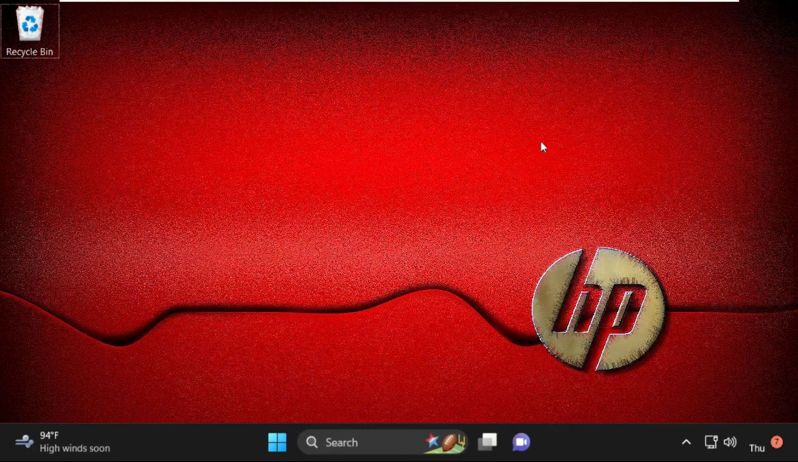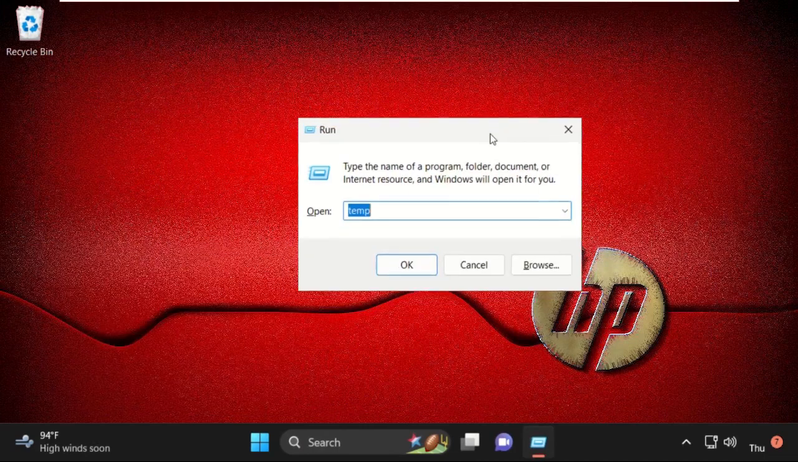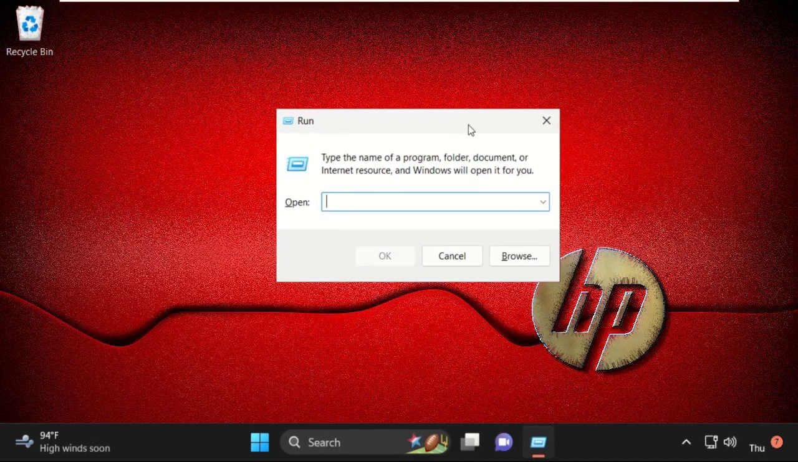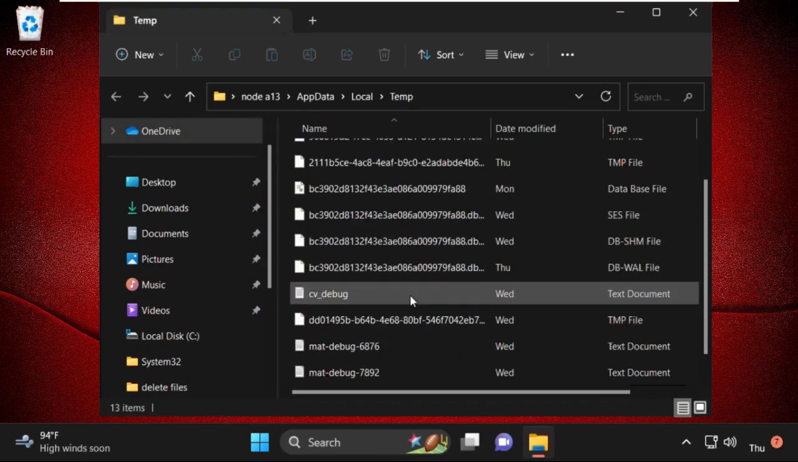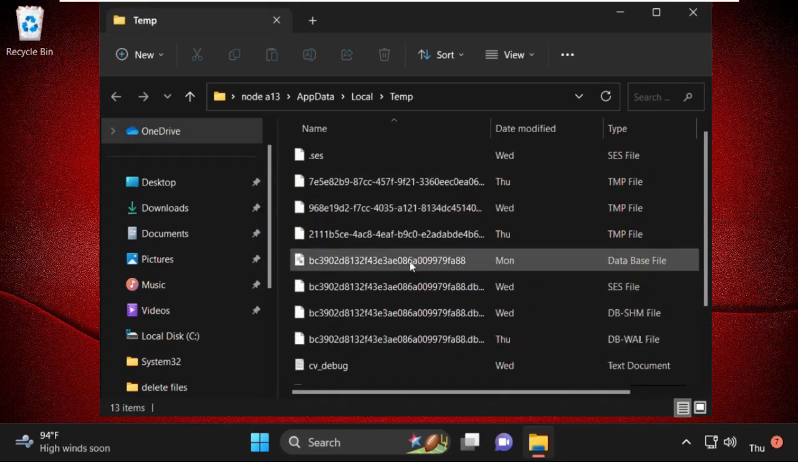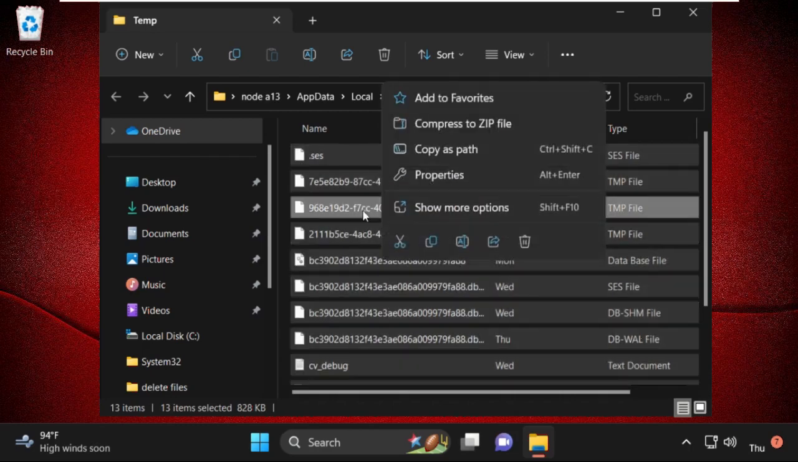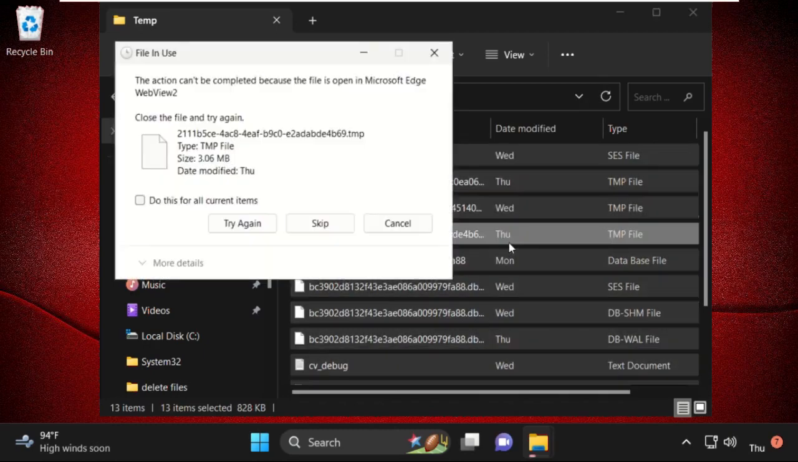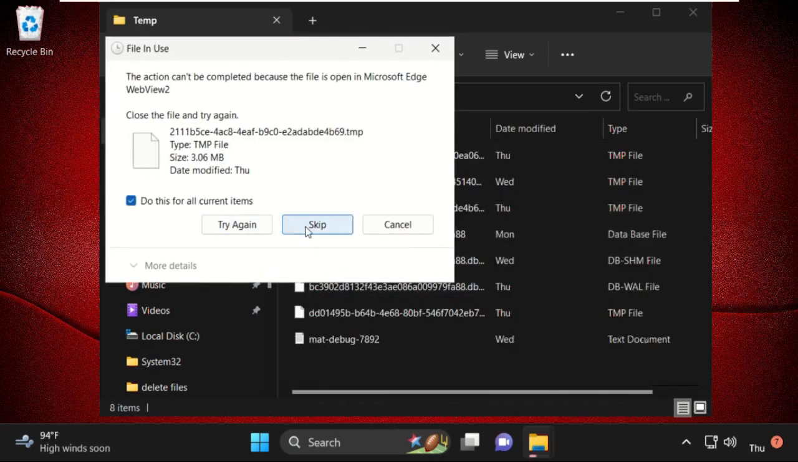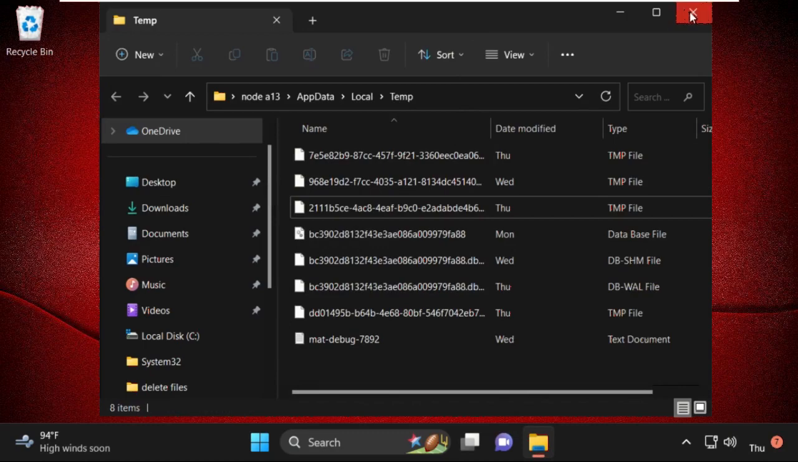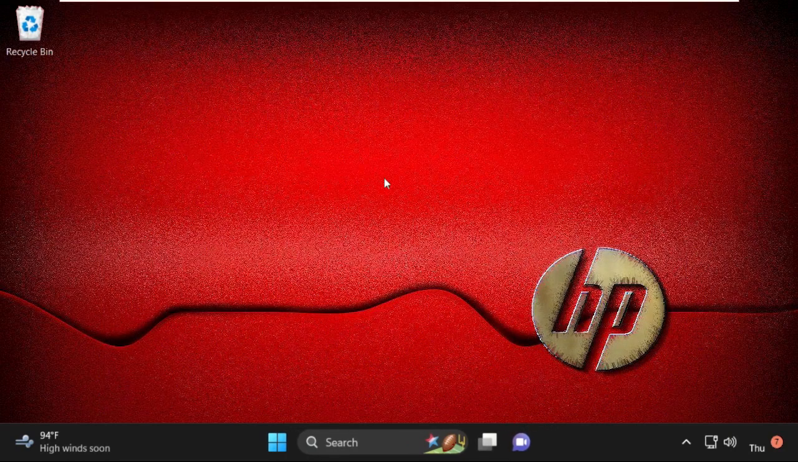Again press Windows key plus R key together to open run. Now type in %temp% and click on OK. Again you will get the multiple folders and files here. We need to select all these files and folders. Simply right click on them and select delete. So try to delete them. Once done, close this window, and in the last step try to simply right click anywhere on the taskbar and